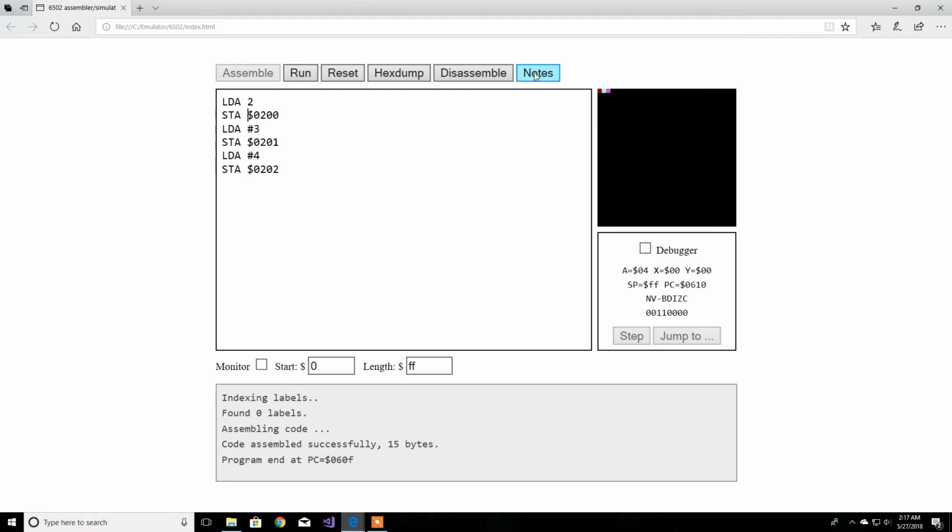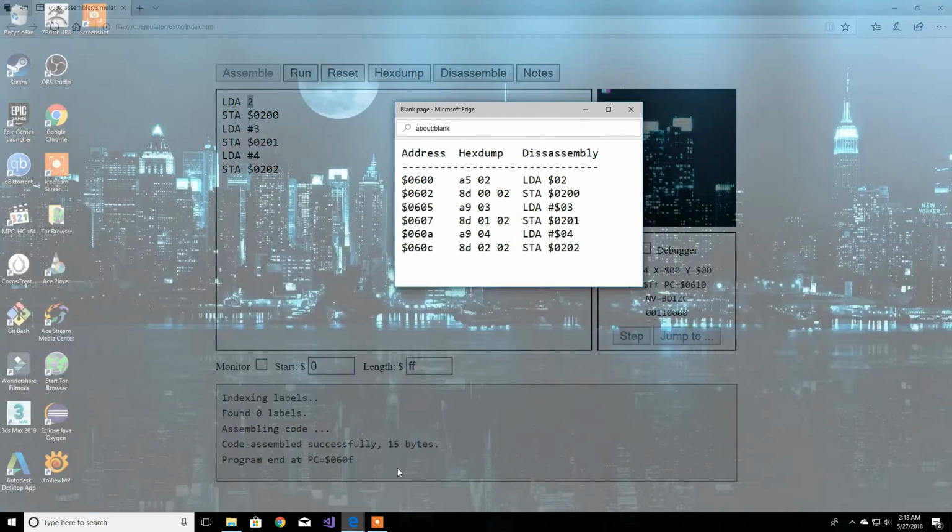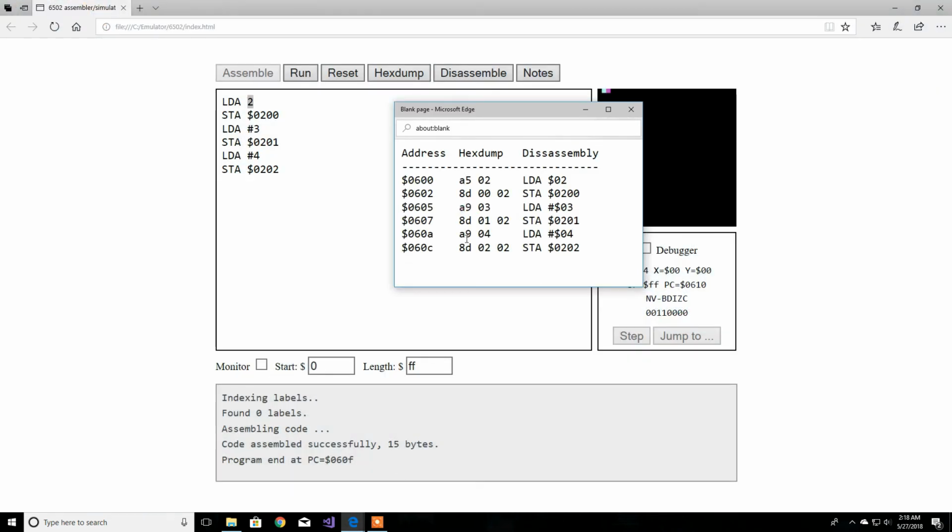So let me just press enter so we can assemble again. Assemble, run, and this time you see there was no pixel over here, because this is actually referring to the address 2. Like I said, as in the example from the previous videos, 0, 1, 2, so load that address. And if you come here to the disassembler, instead of A9 like you had before, it's actually